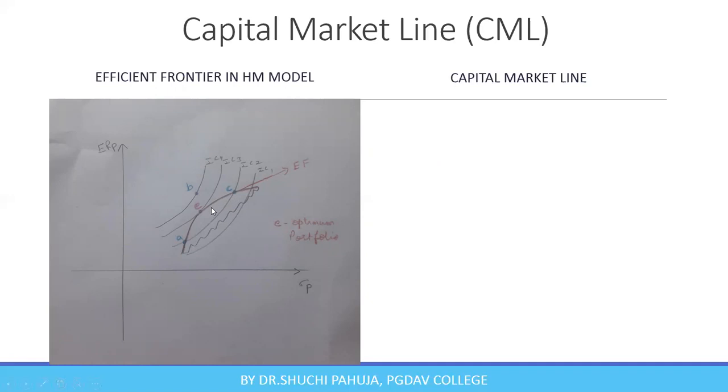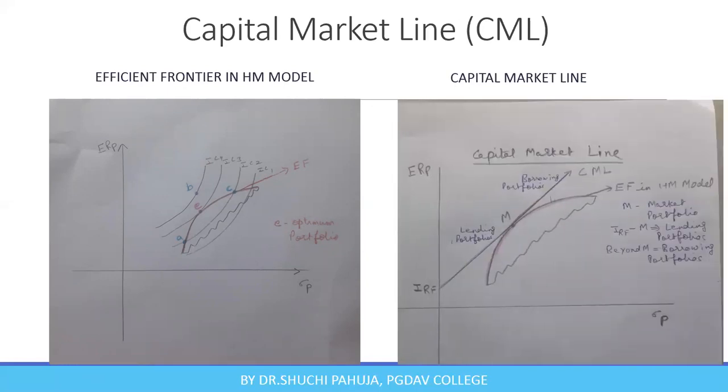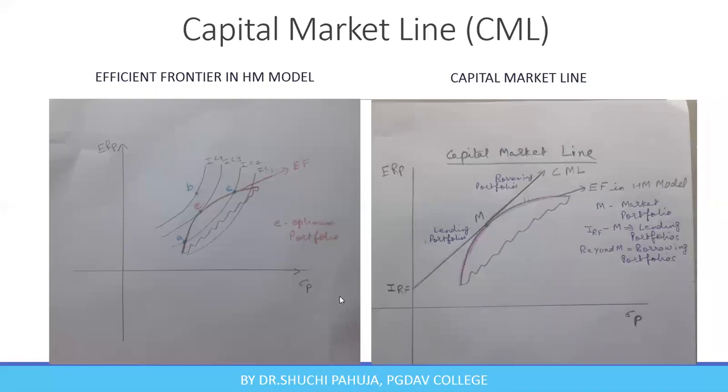Now see, in this figure, none of the points is touching the y-axis. That means at no point is risk zero. Risk-free securities are not there in this model. Now we are adding risk-free securities to this efficient frontier. Now the shape of the efficient frontier will be a straight line starting from the risk-free rate IRF. This line is tangent to the earlier efficient frontier at point M, and this line is known as the capital market